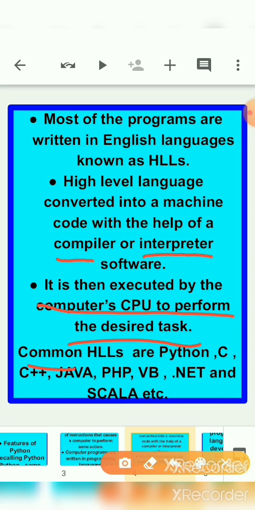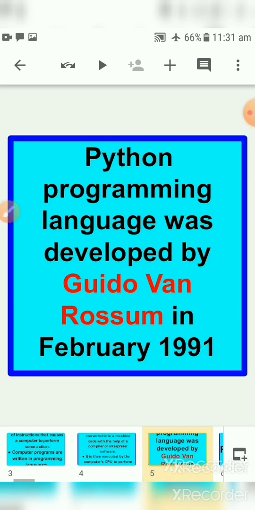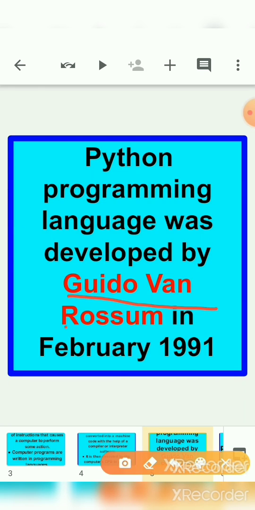Now what common high level languages are there with us? Python, C, C++, Java, PHP, VB, .NET, Scala, etc. So these are the high level languages which are there with us. Okay, now let's move to the next slide. See, Python programming language was developed by Guido van Rossum in February 1991. So who discovered Python? Guido van Rossum. Okay children,